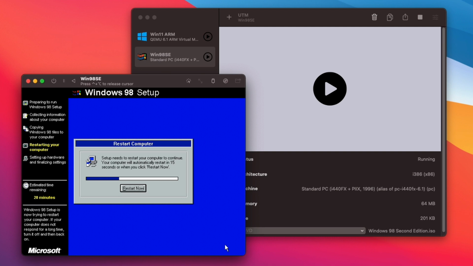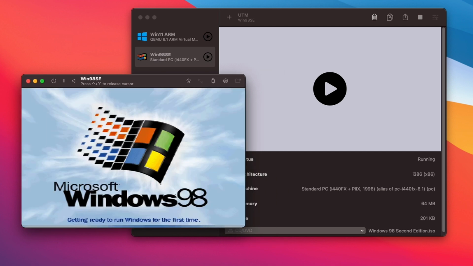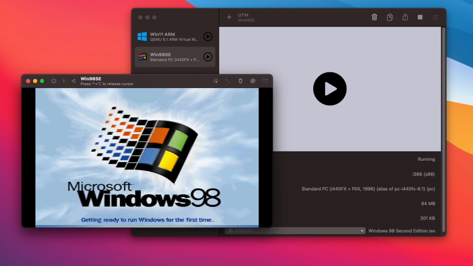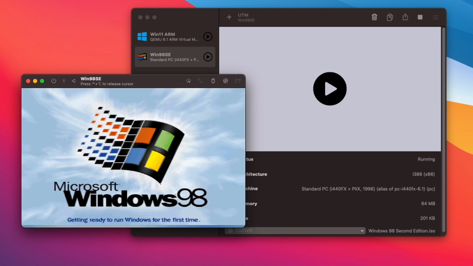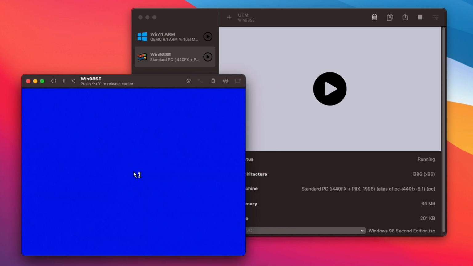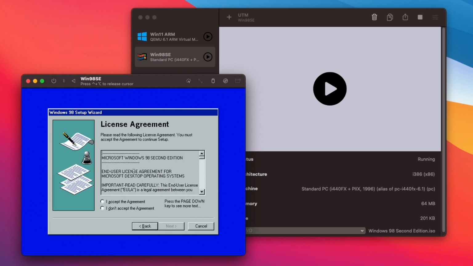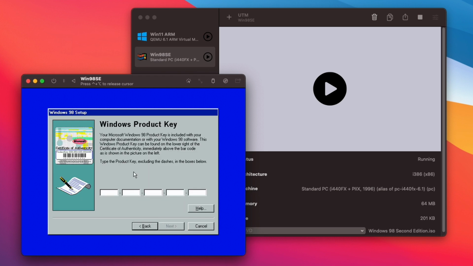When all required files are copied, the VM will restart. After the reboot, you should be presented with the first boot screen of your fresh Windows 98 SE installation. This brings back some memories for sure. Once the VM is fully booted, the setup process will continue and you can enter your name, organization, and eventually the product key.